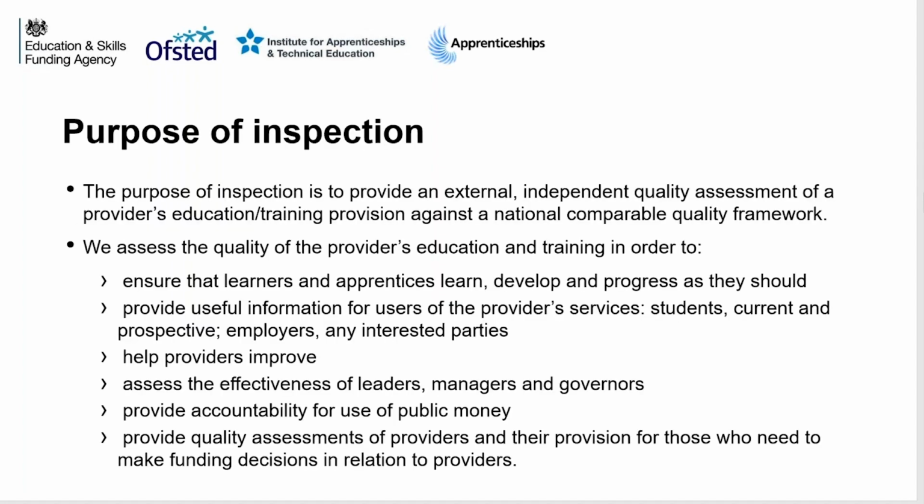The purpose of inspection is to provide an external, independent quality assessment of a provider's education and training provision against a national comparable quality framework. So for inspection read quality assessment. It's external. We're a separate government department. We're an independent inspectorate. We inspect against a national comparable quality framework, the education inspection framework. More about that later. We assess the quality of your training in order to ensure that apprentices learn, develop, and